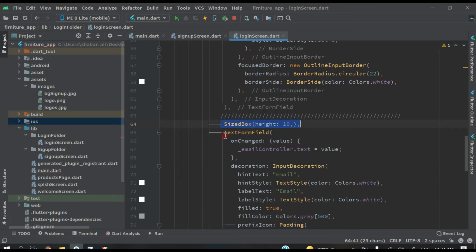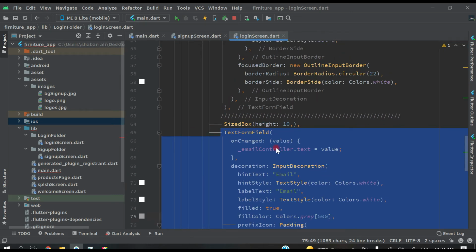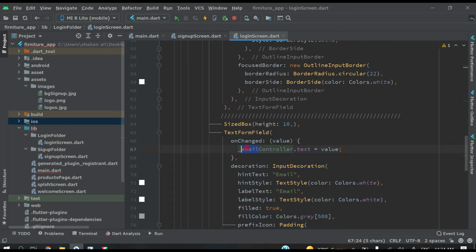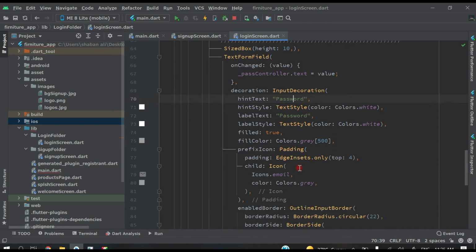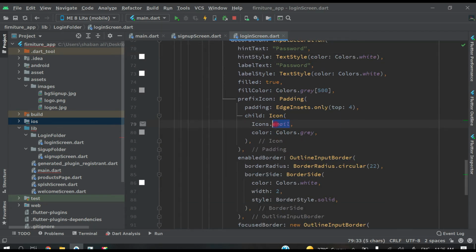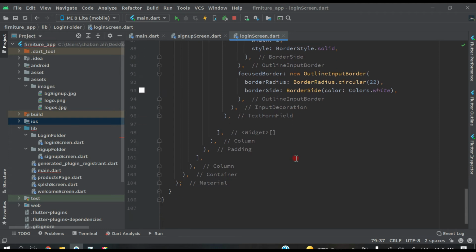After this size box, again we are putting the same things here because we need two text form fields, and here we will change this to password, like this, and then here write password, and here also password, and everything will be the same, just change it to lock, and everything will be same as in the email text form field.